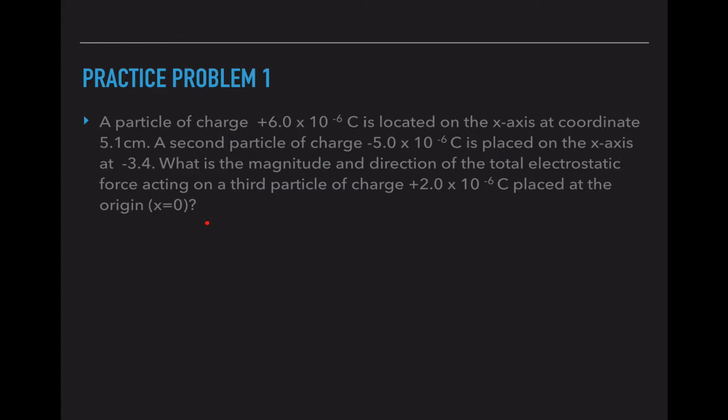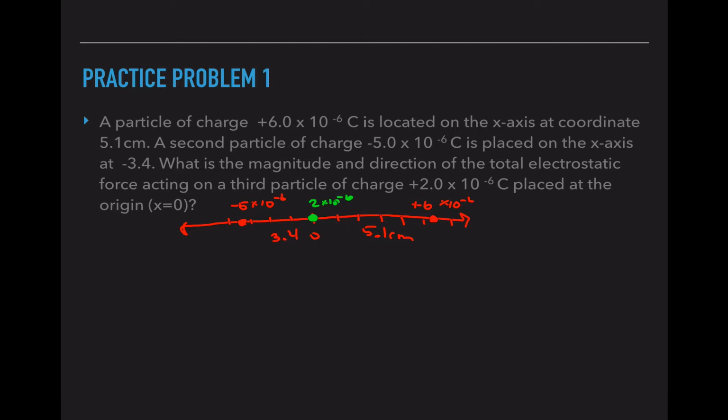So the first thing I'm going to do, because this hurts my brain trying to think of this, is to draw a number line. And if this is 0, 1, 2, 3, 4, 5, 6, this is the first particle, which is a positive 6 times 10 to the negative 6 charge, and this is 5.1 centimeters apart. Okay, and then I'm going to go 1, 2, 3, 4. And at 3.4, this is my second particle, negative 5 times 10 to the negative 6, and this is 3.4 centimeters. And it's asking me what the force is felt on this middle particle, which is 2 times 10 to the